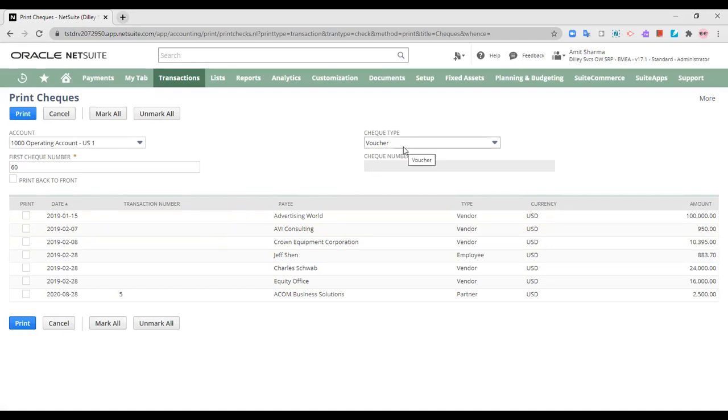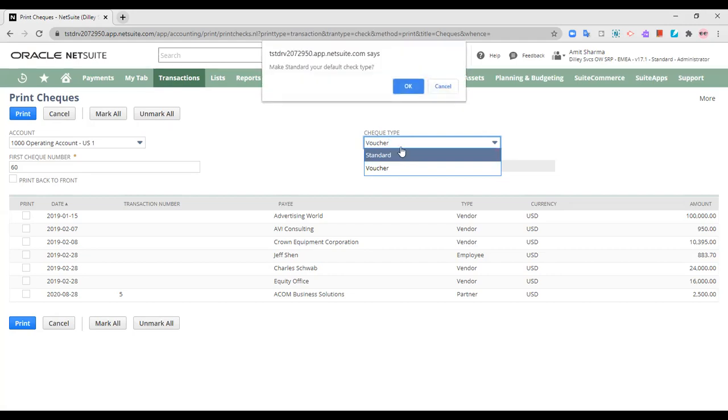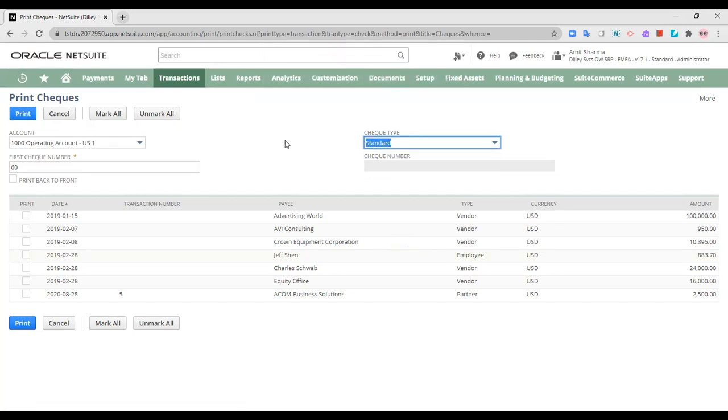Now here is the check type, meaning what will be the format for the check that needs to be printed. This is a voucher or a standard check type. Whichever check type is your preference, whether you want it printed as a voucher or as a standard check, you can of course select it from there.